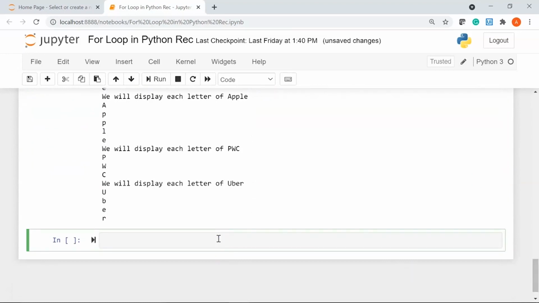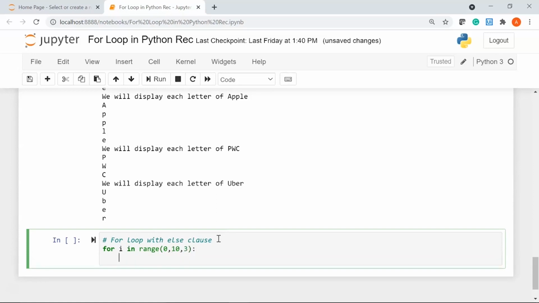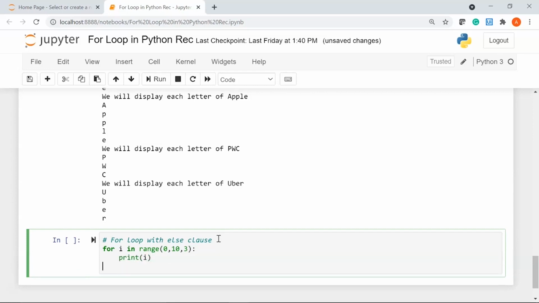Now let's see how you can use a for loop with else clause. So I'll give a comment, for loop with else clause. I'll write for i in range 0, 10, I'll give a step size of 3. I'll say print i, and after this Python gives you the flexibility to use an else clause after the for loop.